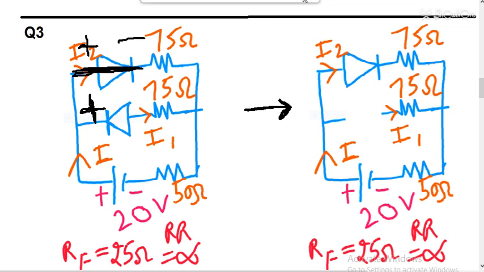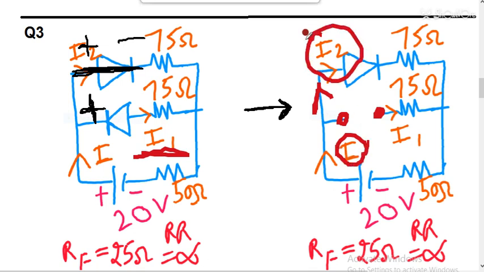Let me take the marker. Okay. So here students, you can see this will be the open circuit from here. So again in this direction current I1 will not flow, I1 is equal to 0. So the same current I will go here, that means I is equal to I2, because the same current is flowing in this direction, and no current is flowing in the other.